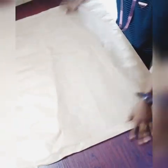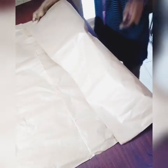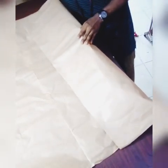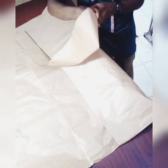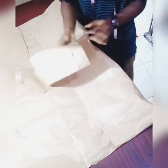Okay, so in order to cut section A and C, all you need to do is fold your fabric or your pattern paper, whichever one you are using. Now, what are you going to fold with? Please remember, this one we folded with 8. So it means that this particular one we are going to fold with 8 times 2, 16. Why are we folding with 16? Look at it. Since this one is 8,